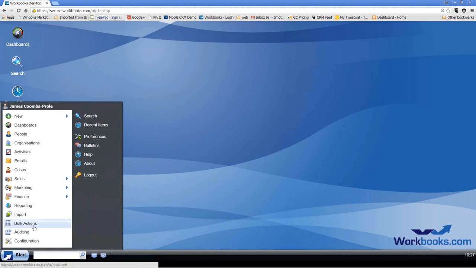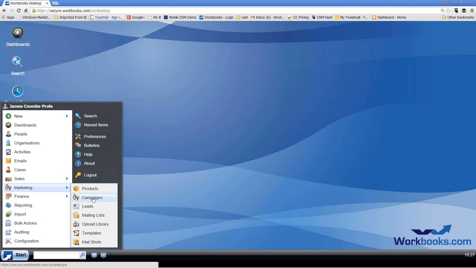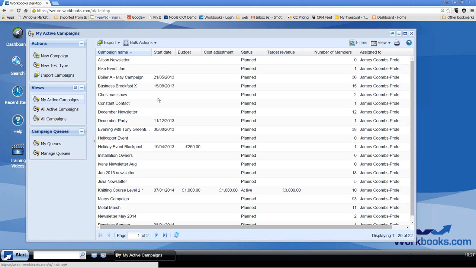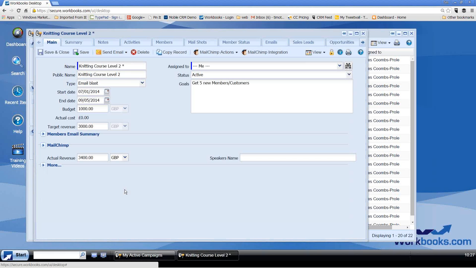Just to quickly run off here, so we've got marketing and campaigns. This is where we link to one of those 3, remember, one of those 3 email marketing systems. So campaigns here. Here's all the campaigns on the go, so newsletters we're doing, promotions we're running, invitations to events, they're all defined there, and you can click into one of those campaigns, for example, and in one central place, see everything that's going on